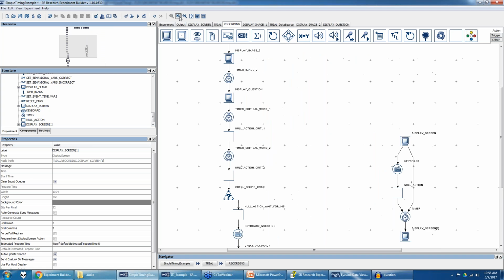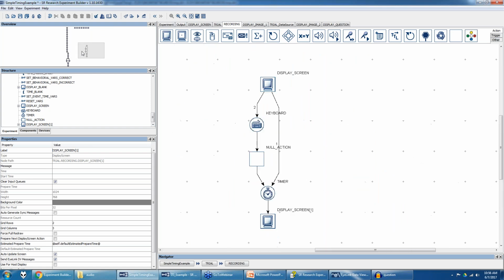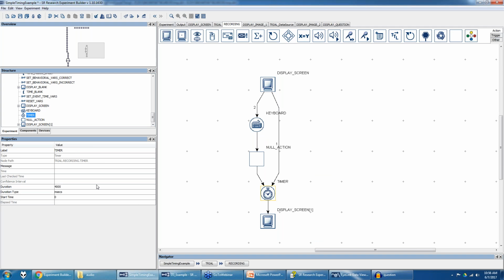Okay, so if I set something like this up, maybe I wanted the image to stay up for 5 seconds, and they can press the button at any time during that 5 seconds. But when they press the button, we don't want it to change the screen. We want it to stay up for 5 seconds regardless of whether they press a button or not. So in this case, I can change this to 5 seconds, and then basically, let's imagine I left it as